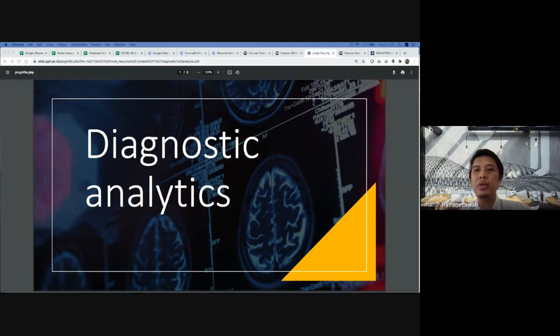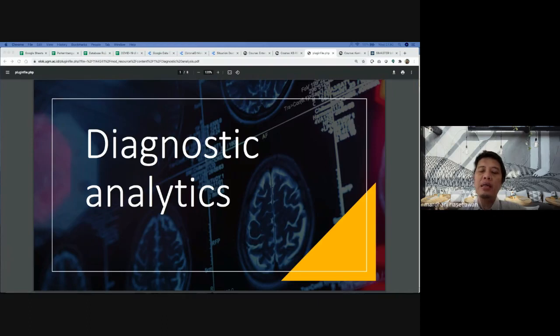So today we join again, and we will discuss new material with the title diagnostic analytics. This is one of the types of analytics that we need to conduct in the data science process. After the midsem, we will try to discuss in more detail and more comprehensively every type of the analytics steps that we commonly use in the data science process.